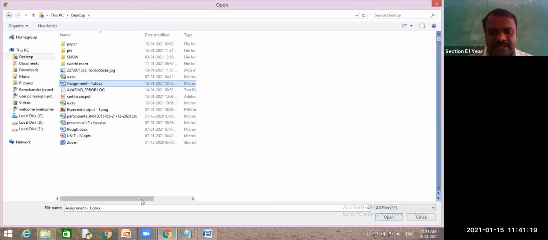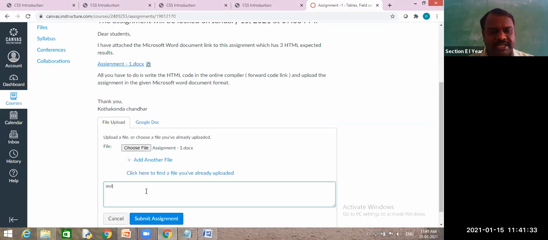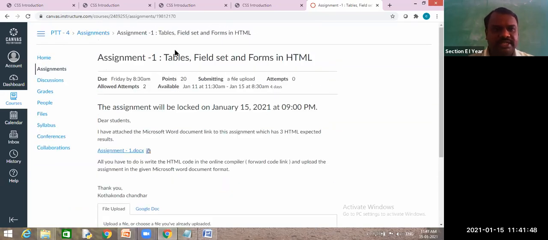Next, open. When you click on open, you can see the assignment 1 doc. Next, when you click on submit assignment, it is automatically submitted. If you want to write any comment, write it here. If you have any doubts or problems with uploading, just send me a comment, and I will see it and tell you the solution.